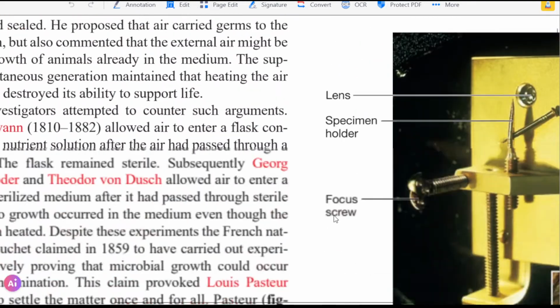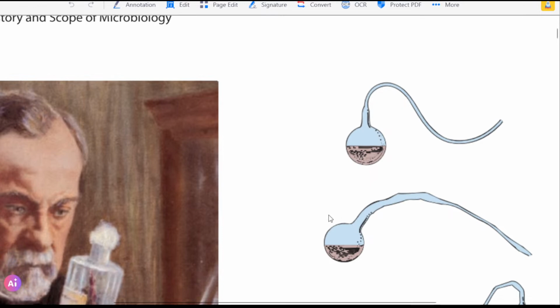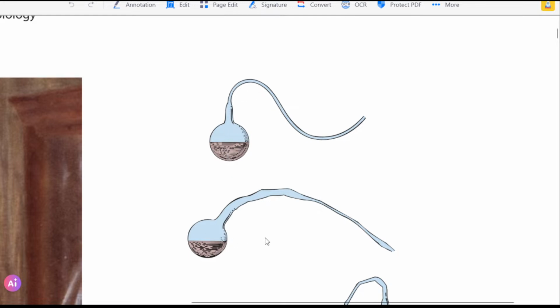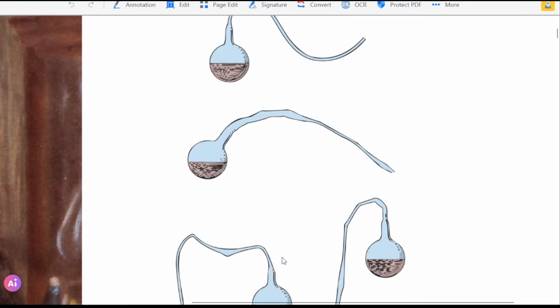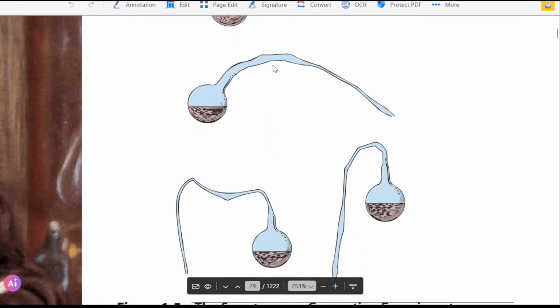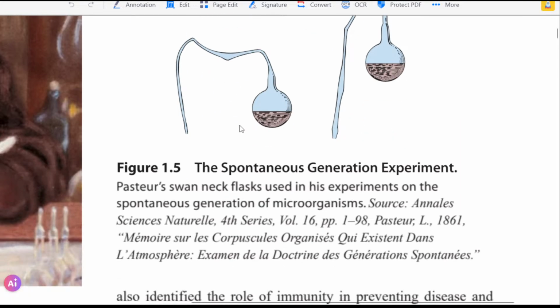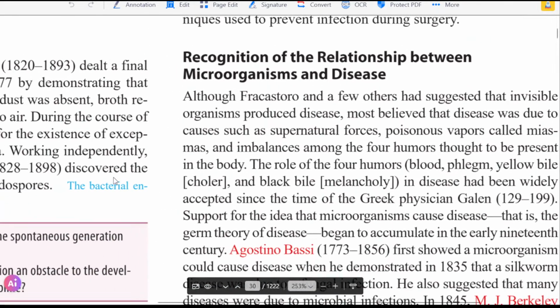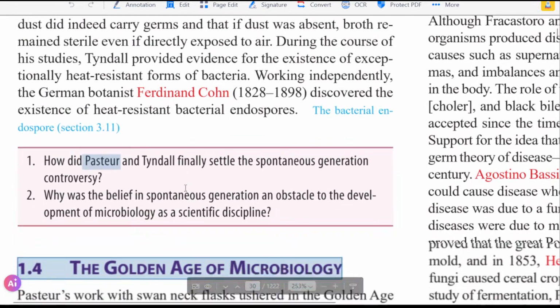He made flasks that looked like these, with curved necks, and the air wouldn't go to the boiled sterilized medium, and in this way no growth of microorganisms would occur. But then he cut these curved flasks and the microorganisms grew in the media as well. So he said that it wasn't the air, it was the particles or the germs that were left out, settled down at the necks of these flasks, that were the cause of the growth of the microbes. And Tyndall, just as I said, showed that there were germs in the air.